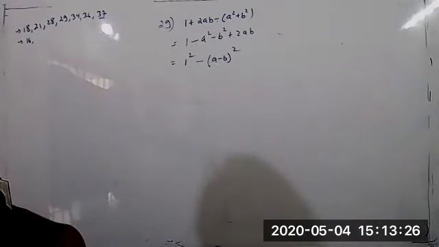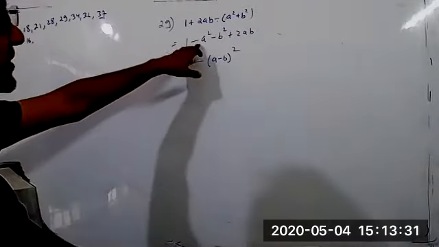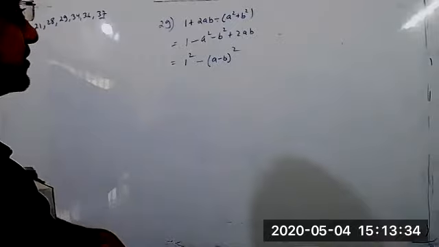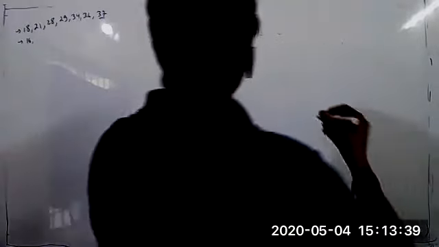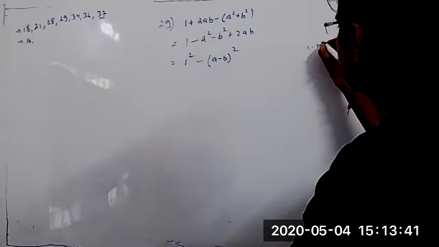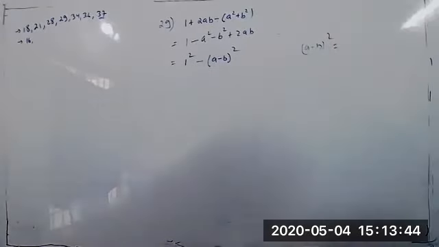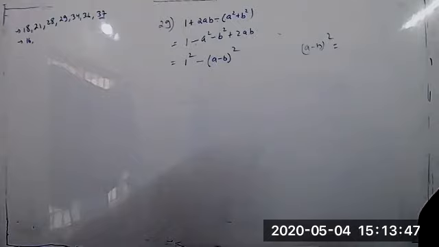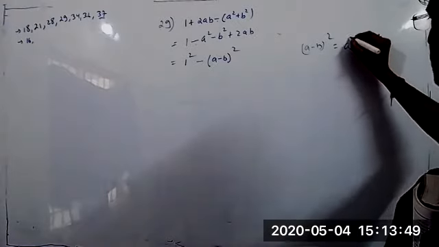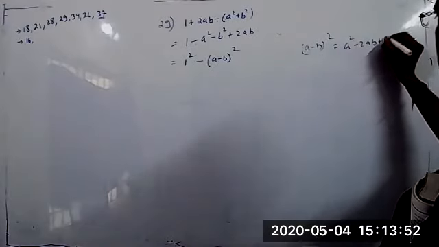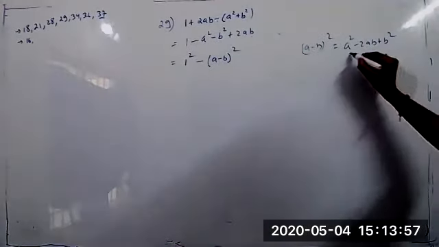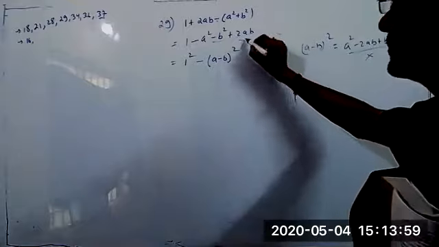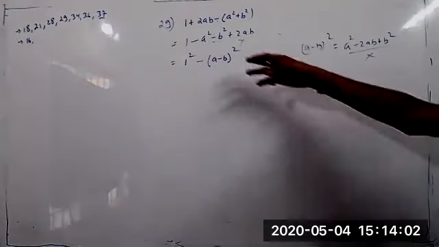So because a and b are repeated in the question, this is minus a square minus b square plus 2ab. How can we get the formula a square minus b square is equal to a plus b and a minus b? So a minus b the whole square, what is the formula? A square minus 2ab plus b square. And here it is minus a square minus b square and plus 2ab. These two are not matching. How can you write like this?